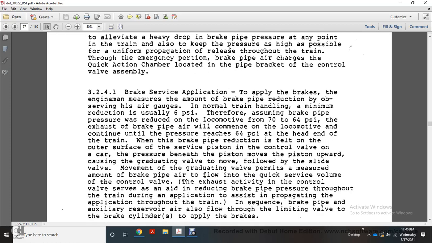assembly. 3.2.4.1 Brake Application. To apply the brakes, the engineer measures the amount of the brake pipe reduction. They observe the air gauge with the normal train handle. The minimum reduction is usually 6 psi. Therefore, assuming the brake pipe pressure is reduced at the locomotive from 70 to 64 psi with the exhaust of the brake pipe, air will commence at the locomotive end of the